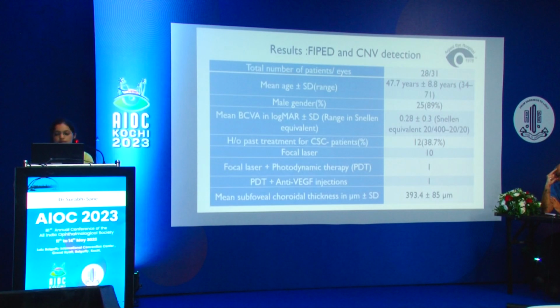So I come to the results. 31 eyes of 28 patients were included, out of which 25, that is 89% patients, were male. The mean age was 47.7 years. Mean logMAR best corrected visual acuity was 0.28. 12 out of 31 eyes had a previous history of treatment for CSC, out of which 10 had focal laser, one eye each had focal laser and photodynamic therapy, and PDT with anti-VEGF injection. The mean subfoveal choroidal thickness was